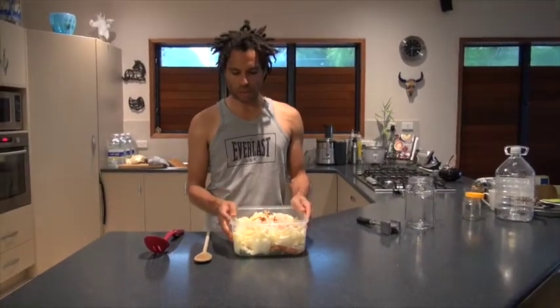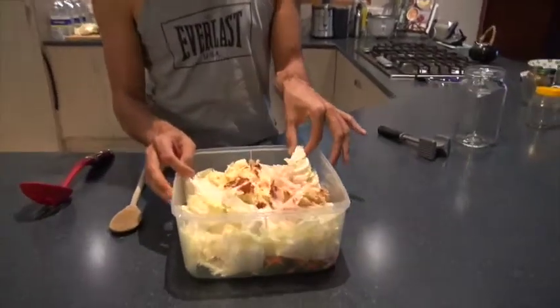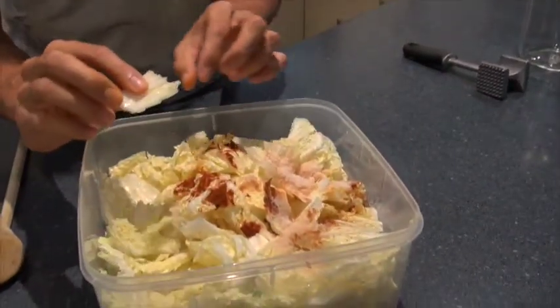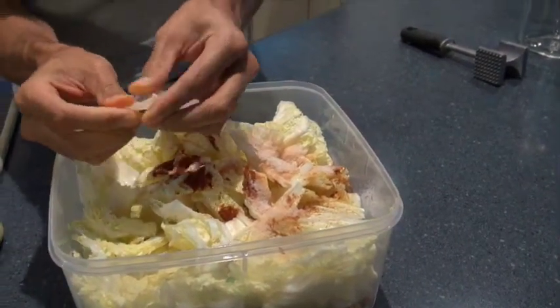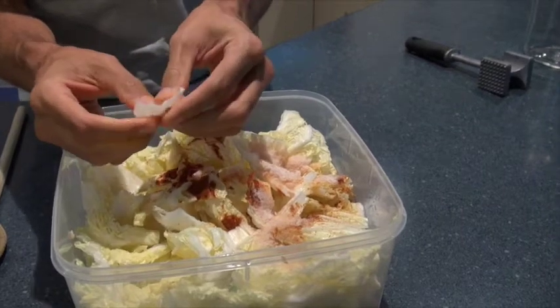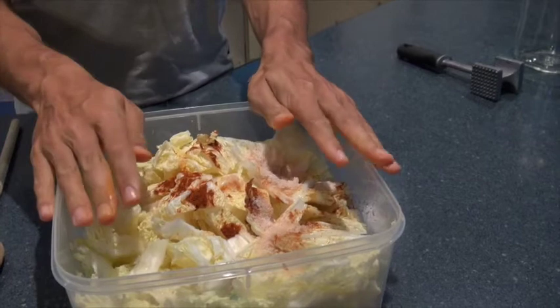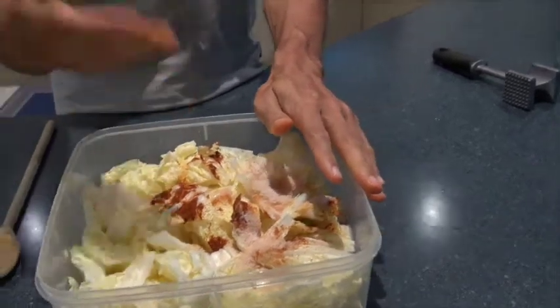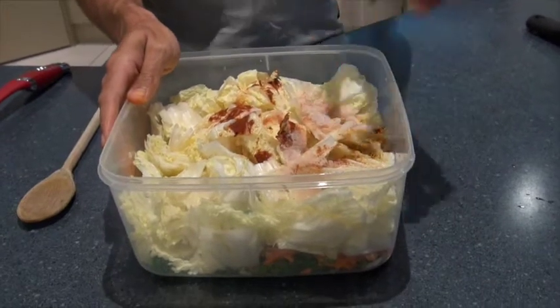We've just put all of the ingredients in, and if you come a little bit closer, you can see how this cabbage is already glistening. Hope you can pick that up, and you can see just how full of water it is. So this is a really good type of produce to make a kimchi. As I said before, I'm not going to add any water. It's just the pounding that is going to pull out all of the water from within, in addition to the